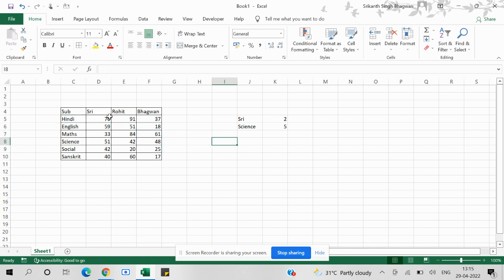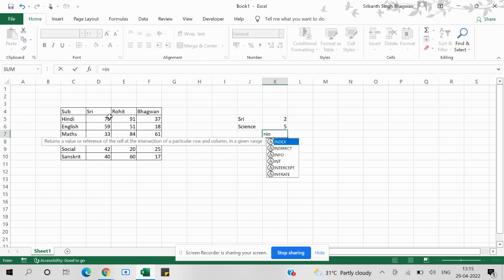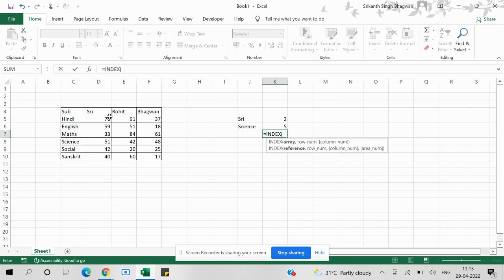So now we got to know how exactly the MATCH function works. Now we will combine this MATCH function with INDEX. Let's start writing: is equal to INDEX, and now it will ask you to choose an array. Array means a data range. A data set is called an array. So here our data range is this table. You have selected this data range, and now it is asking you to choose a row number. So in our case, our row number is the subject, which is science, and